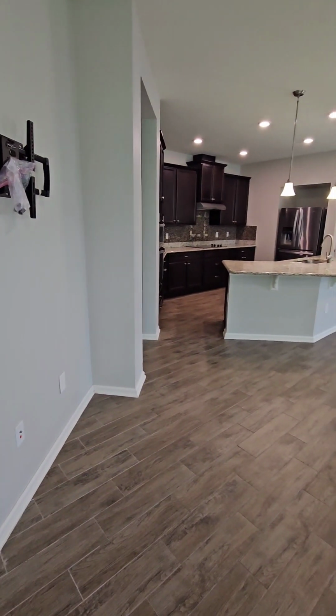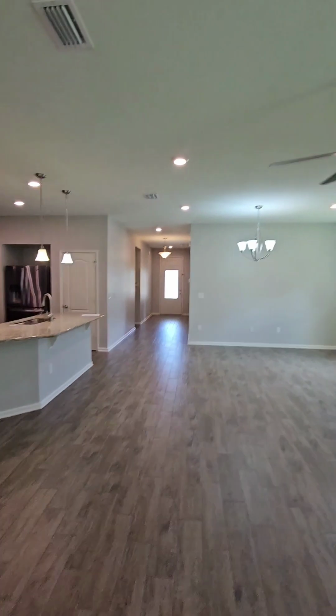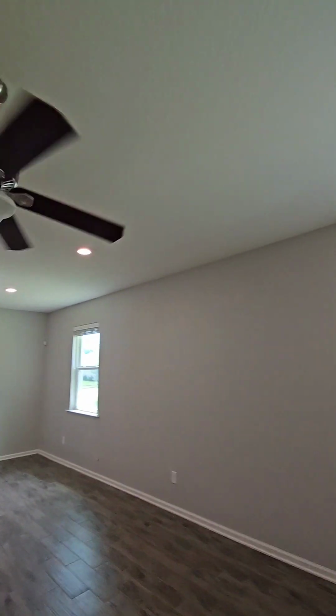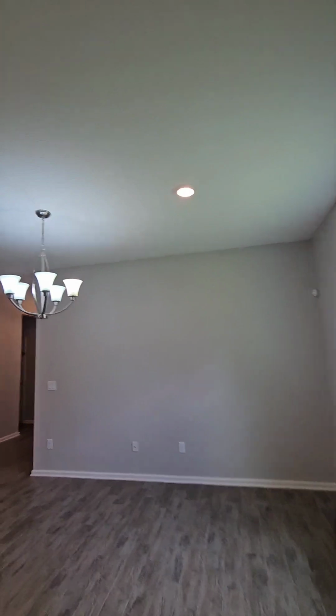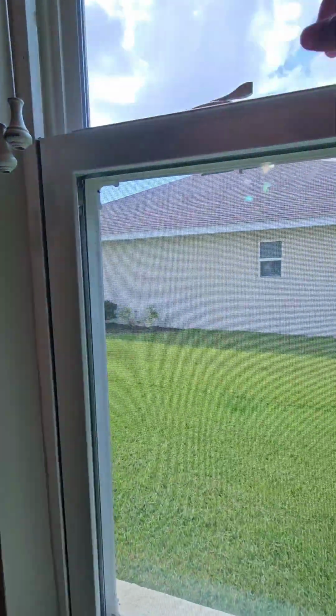Let's see, trying to turn all these lights off. There's a million lights in here, which I do appreciate. A lot of these new builders are making sure there's a lot of recessed lighting. The windows, I mean,